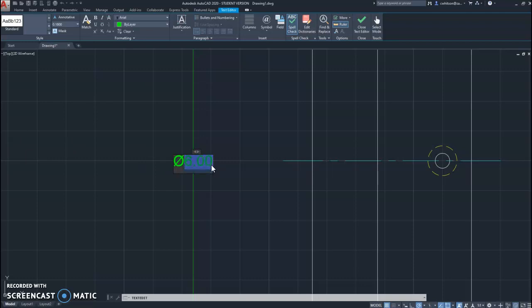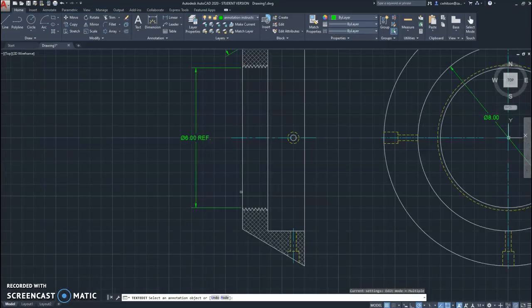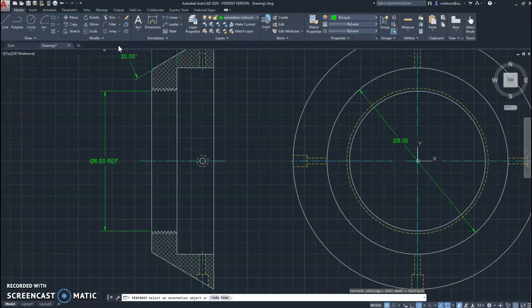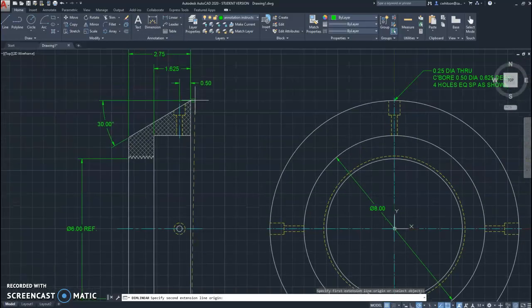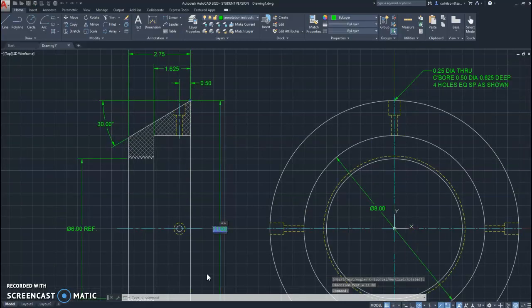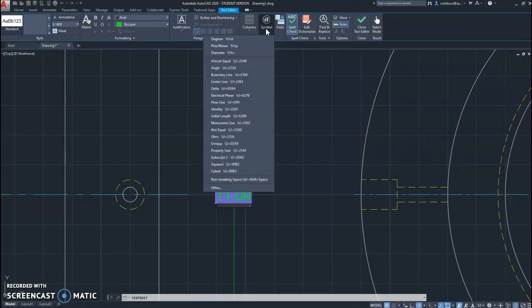And apparently that's just a reference dimension, so I'll add the reference text to that as well. We have from here to here, it's 11-inch diameter. Again, double click on the text, add the symbol,